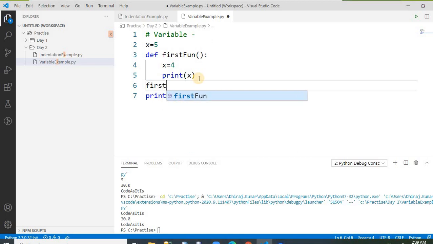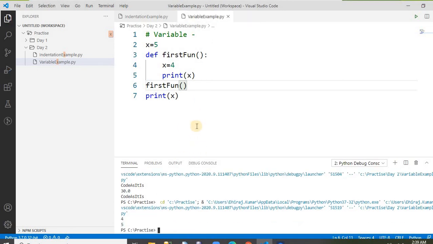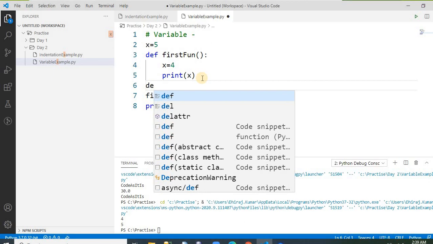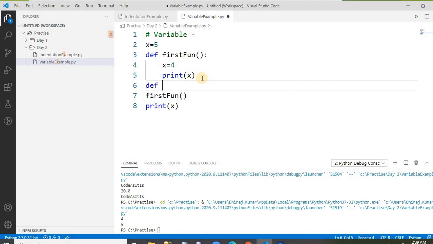How to call this? Just write the name of the method. Simple. So what it does, it first calls the method, puts the value of x, prints the value 4, and then it goes to the global variable, simply printing 4 or 5. But the scenario is different. I want to create a global variable inside the function. So I want to create x as a global variable whose value is 4. It should be in this method as well as in another method. Let's create one more method. I will give you the syntax for how to declare functions, packages and modules in another video, so don't worry about this.